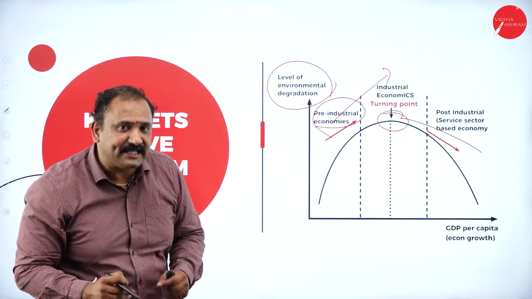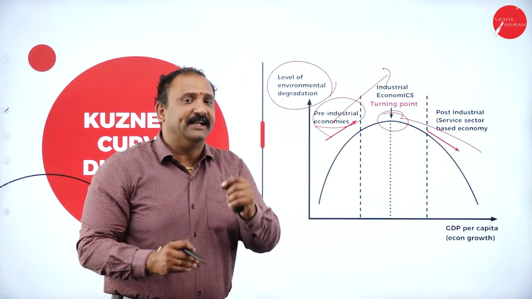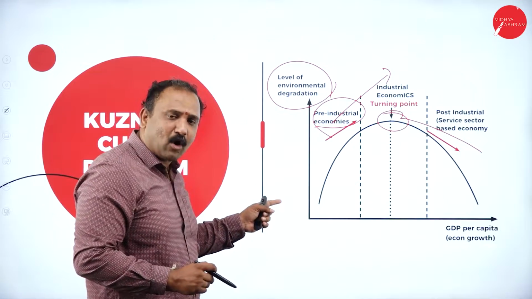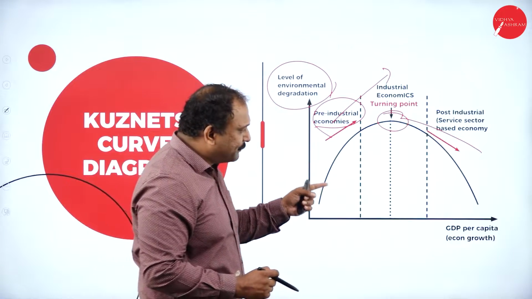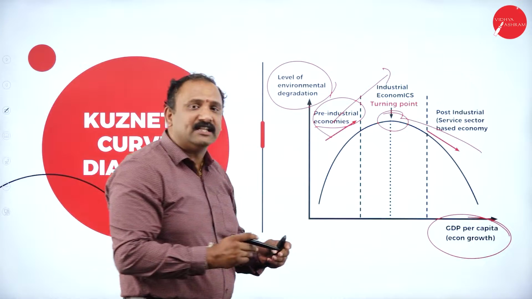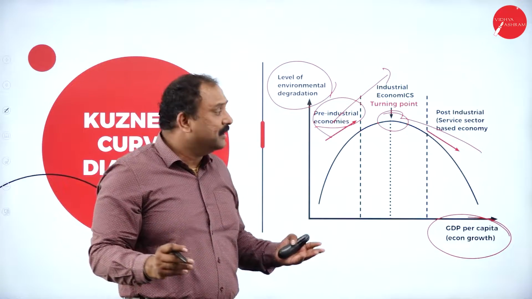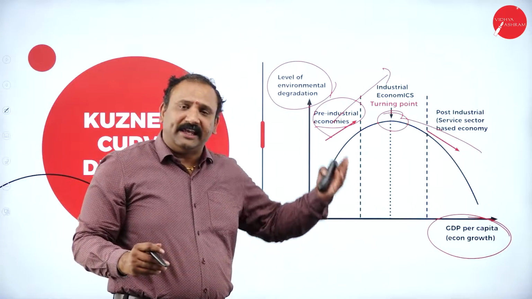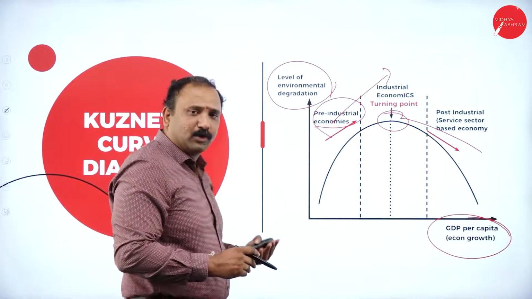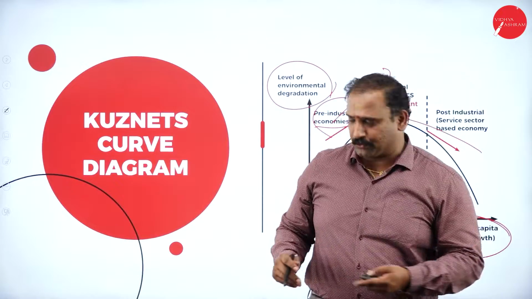Now what happens is that since you have got saturated in terms of economic growth, you want to go and concentrate back onto the environment. So that's where you would be seeing that the GDP per capita growth will start increasing, no doubt about it. But at some point of time, the GDP comes down, the importance at that level comes down, and we want to go back to the environmental growth.